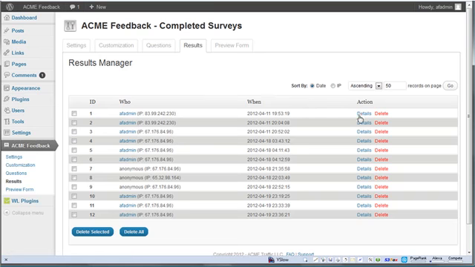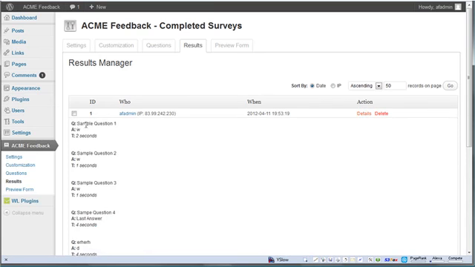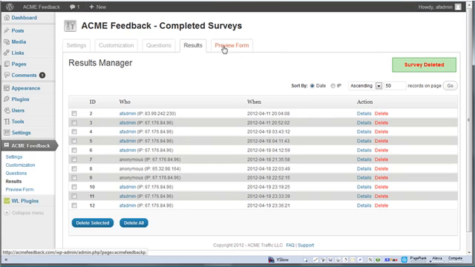That will appear. And if I click on that, you can see where it says sample question, and there's answers that appear on here as well. And I can go and delete that once I've read it if I would like. And finally, we have a preview form. I won't bother clicking on that because you've seen what it looks like, but you can preview the pop-up inside